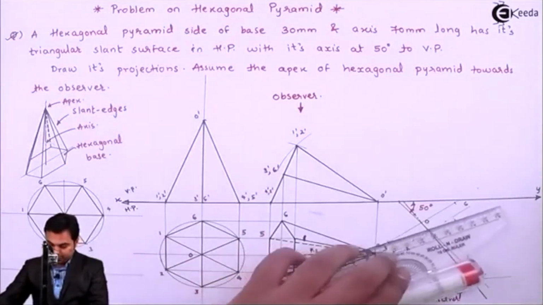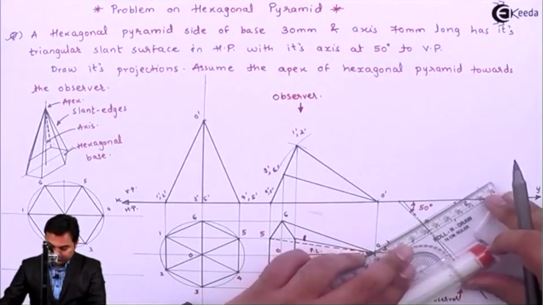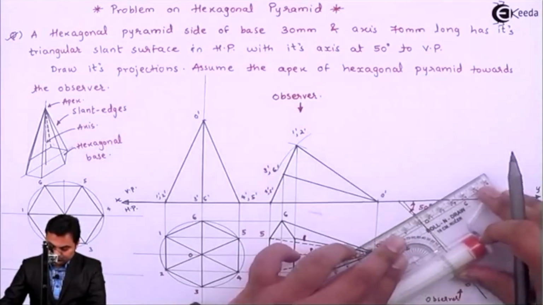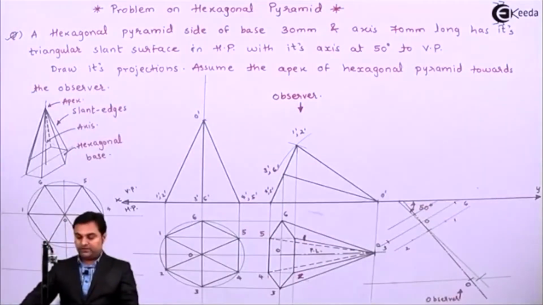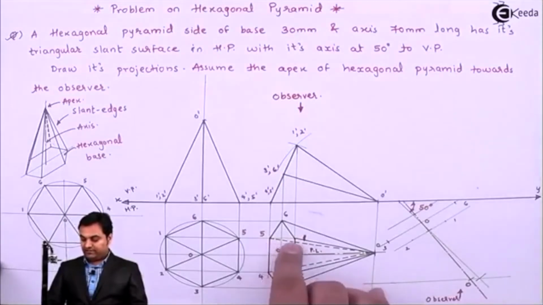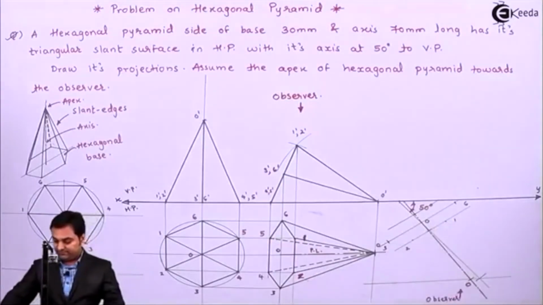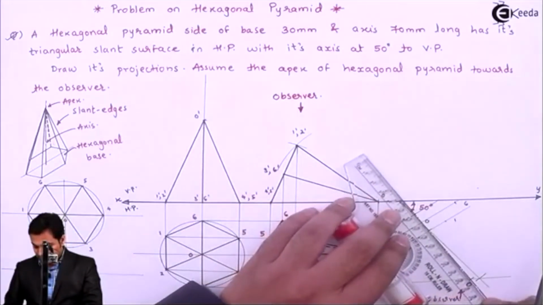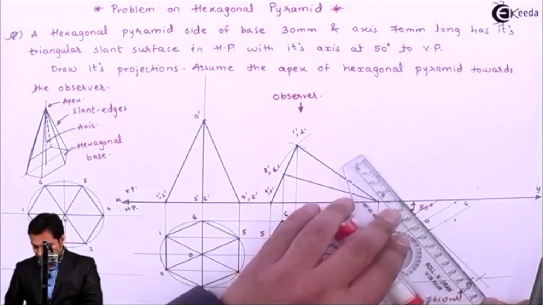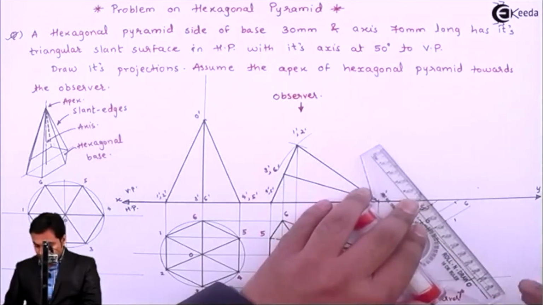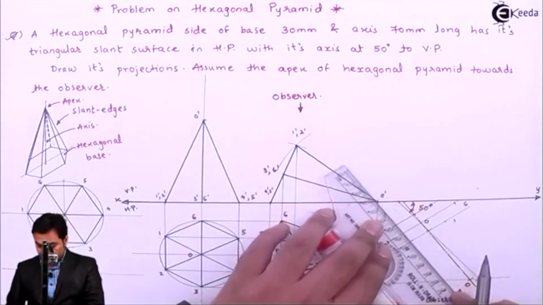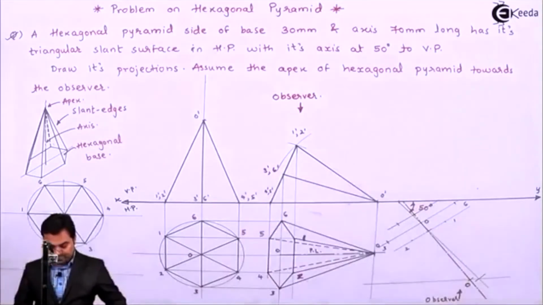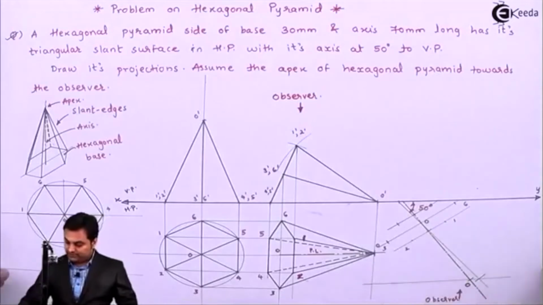Drawing a parallel line through it, which is perpendicular to the axis. Then points 1 and 5 are at the same level, so point 1 we have. Similarly, I'll draw a line parallel to the axis, marking point 5, and here 2 and 4 are at the same level, so marking point 4 as well.